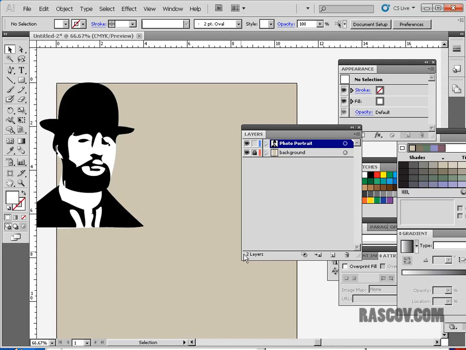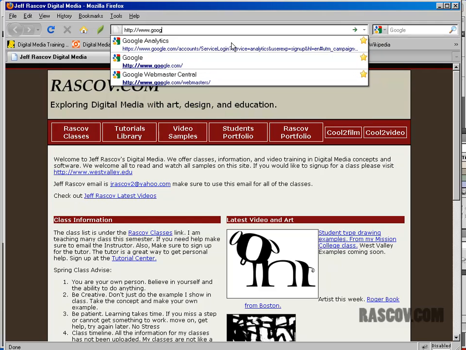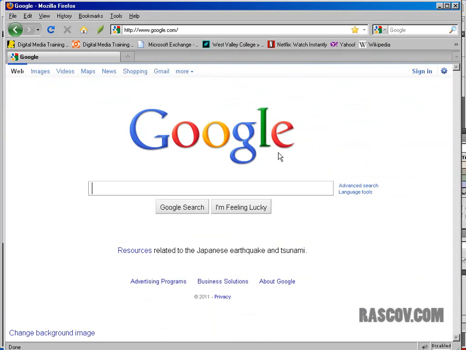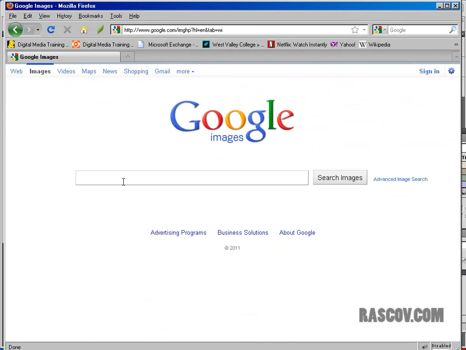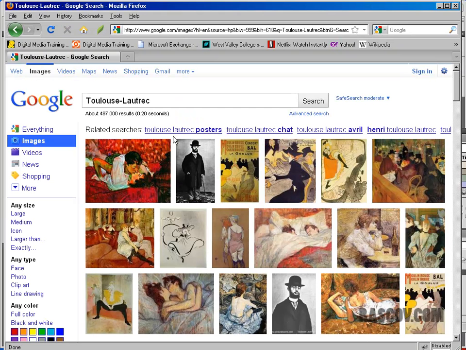Okay, next we're going to talk about the title and typography a little bit, and there's a whole chapter in a book on typography. In this case, I want to make a title for my Toulouse-Lautrec poster here. And if you look at any of his images online, let's go back to Google for a moment here. And if I look under images and we search for his posters,